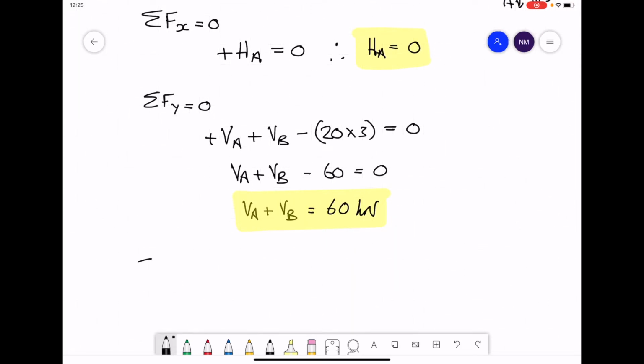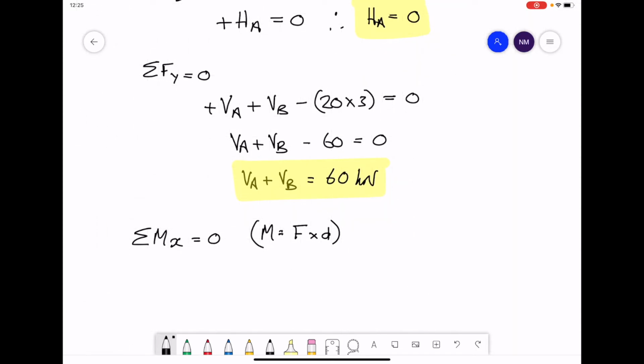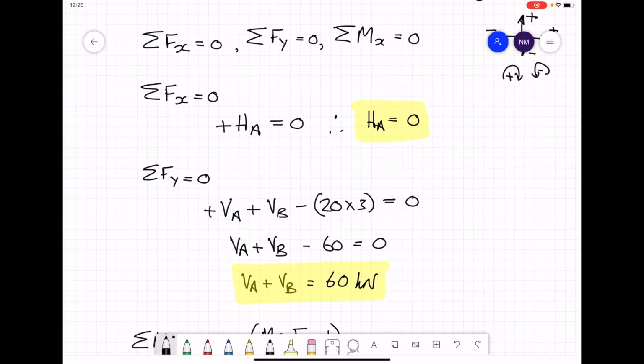Now applying the third equation for equilibrium. All the moments about a point must add up to give you 0. Remember, moments are a force by a distance, and we must specify which point we're taking moments about. In this case I'm going to take moments about the first support on the left hand side. That's labelled point A, a little bent arrow over the top to denote the shorthand version of taking moments about point A. And we have, go back to our free body diagram,